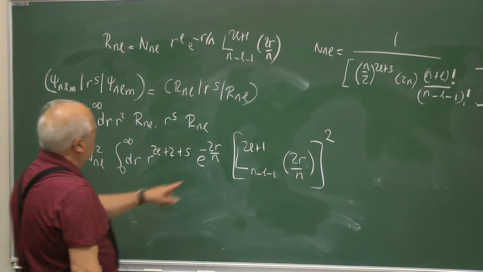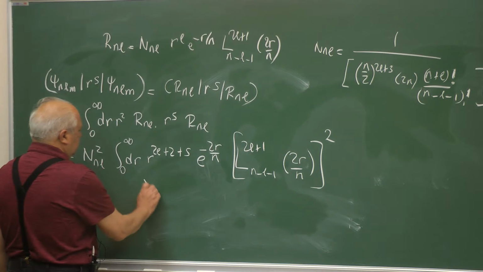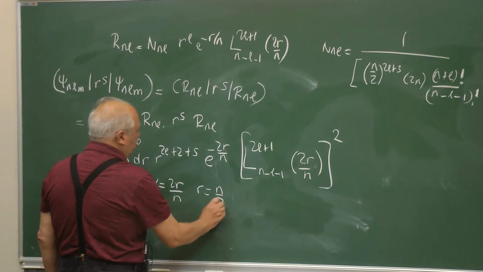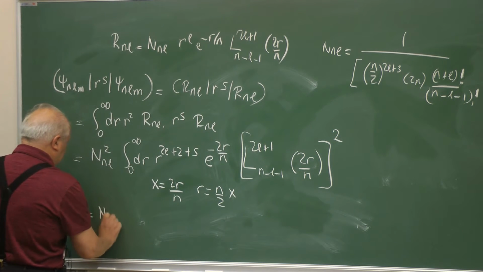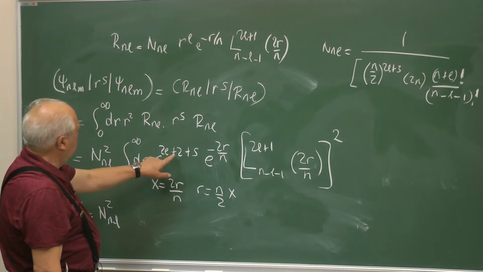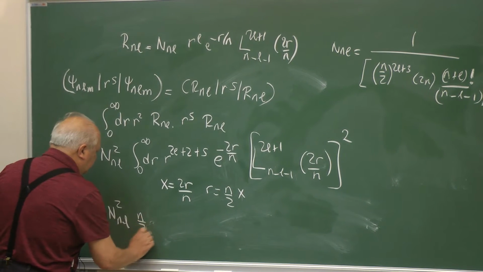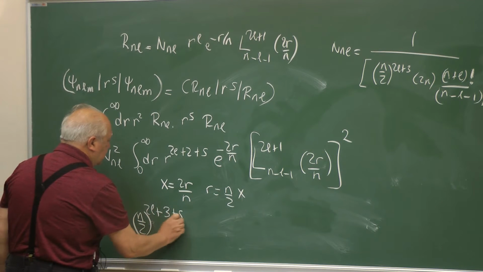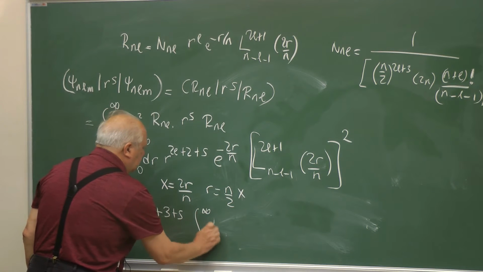Clearly, one should switch to another variable. Let's say x equals 2r over n, and r is equal to n over 2 times x. Therefore, this is equal to N n l squared. Now, how many r's do we have? 2l plus 2 plus s, and there is another one. So it is n over 2 to the 2l plus 3 plus s times the integral from 0 to infinity dx